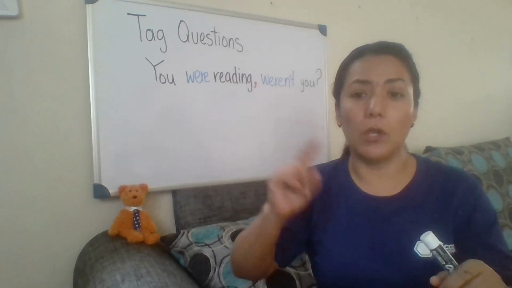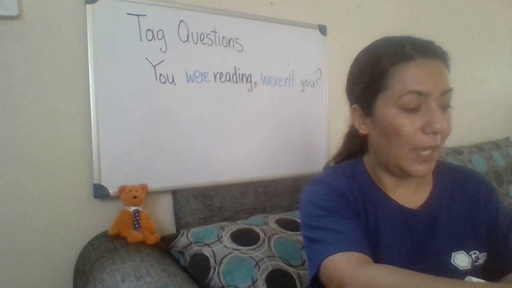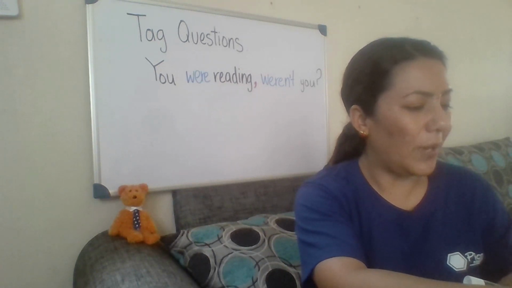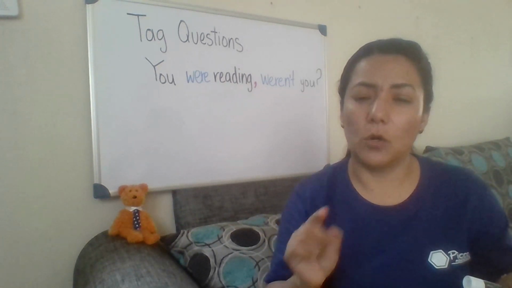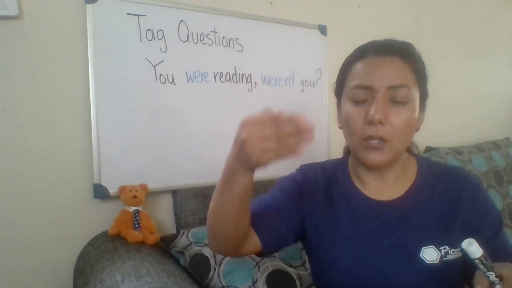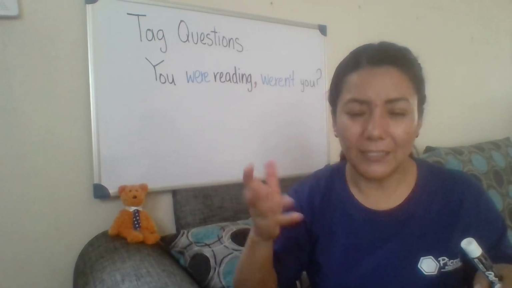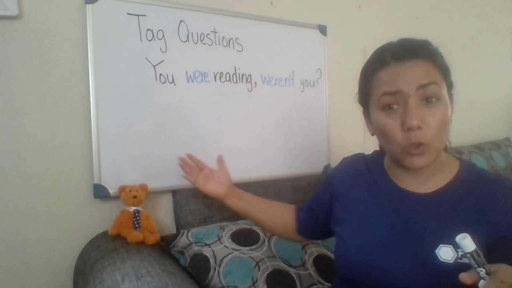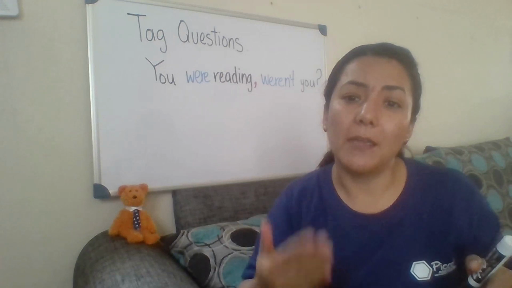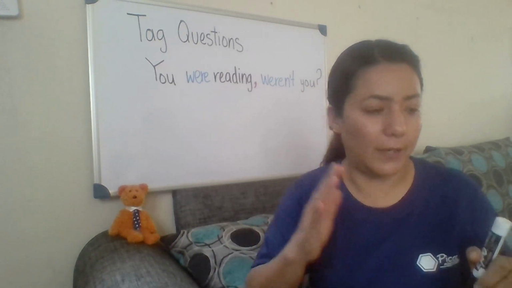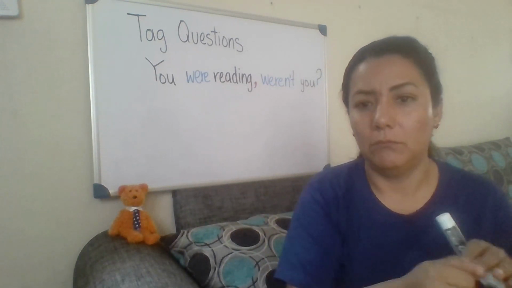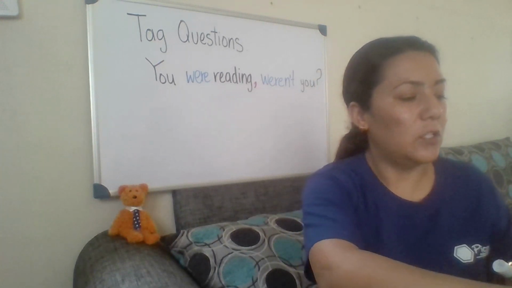Okay, so today we are going to do pages 89 and 90. 89 is already finished. It's okay. What I need you to do is check your answers are correct. Analyze the information with me so you understand why we use tag questions and how to use them, and then make corrections if you need to. Okay? But if everything goes well, then you'll be able to finish page 90. Okay, so please